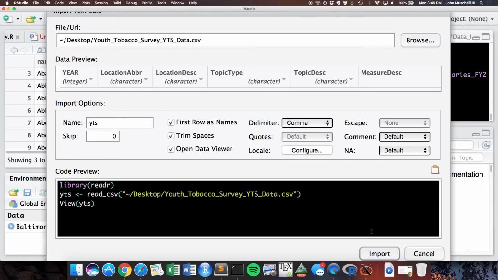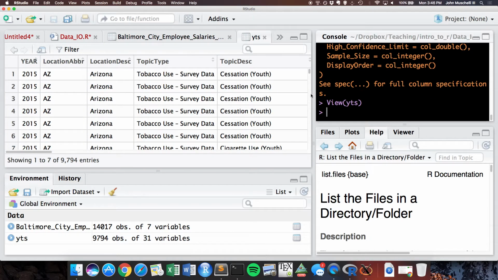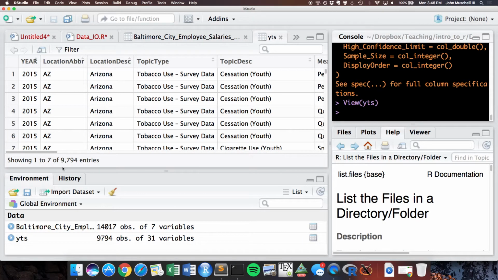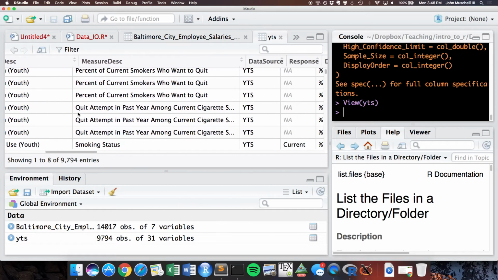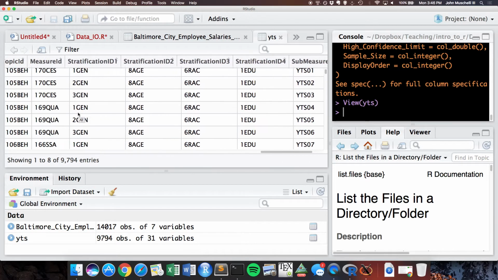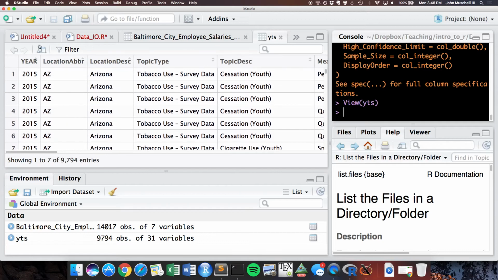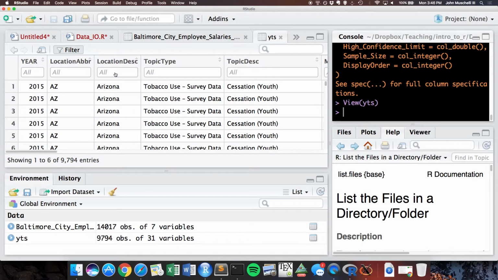I want to keep all this stuff in there, and I'm going to open the data viewer again so we can take a look at it. So this says 9,794 entries. We can scroll through, we can filter things, so we can take a look at this data as it's loaded in memory. So we see there's a whole bunch of variables here, so we can filter